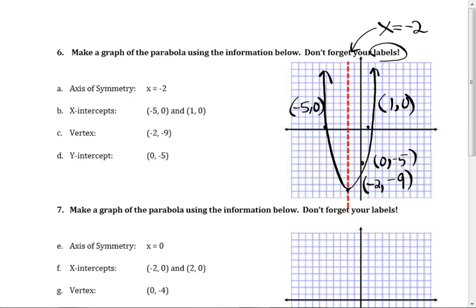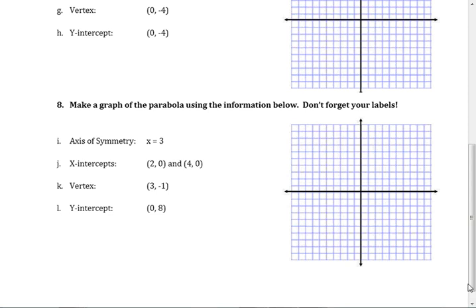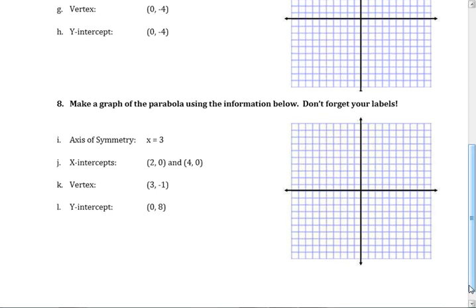Okay, so you need a full parabola. So I will leave that to you so that you can do the other two problems. It's just a matter of labeling things. You at least should have the axis of symmetry drawn in there. Okay, so we're going to go on today, learn a little more vocabulary, and find how we can get the